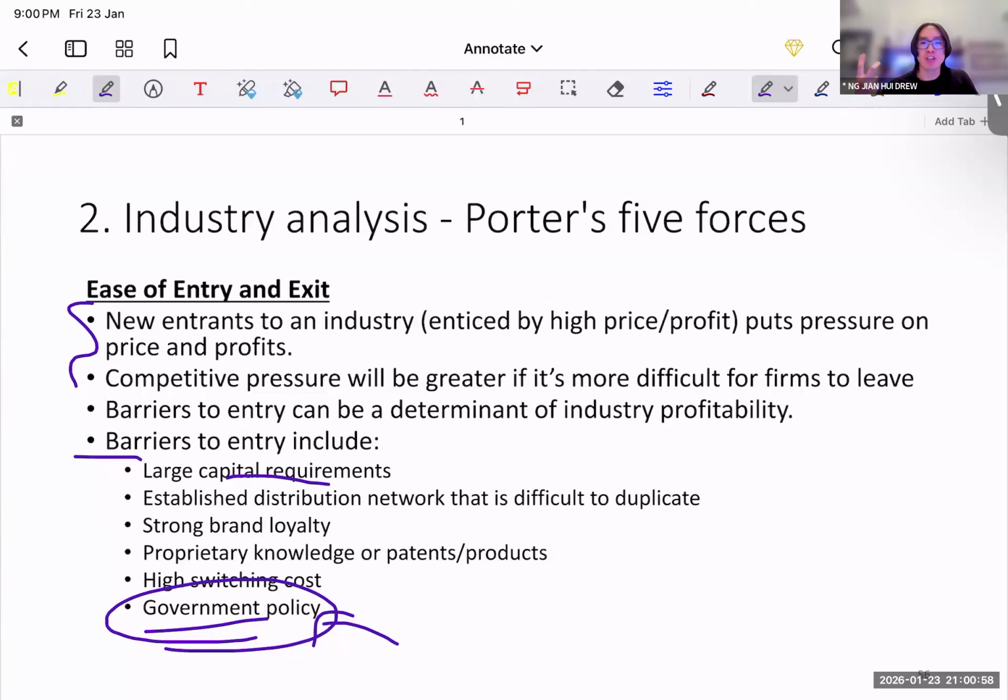Well, because the government built the infrastructure, the telco companies use the infrastructure to operate the communication services for us. So what I'm trying to say here is that there is a level of licensing required in order to operate in this sector of a telco. And because of this, it becomes a barrier to entry or even exit, because the license typically lasts 5 to 8 years. So I cannot just halfway leave. Maybe I can if I can sell my license to another company, but it's not that easy. So these are barriers to entering this market.